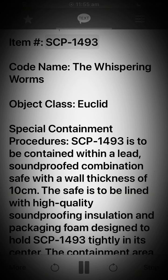Item: SCP-1493. Codename: The Whispering Worms. Object Class: Euclid. Special Containment Procedures: